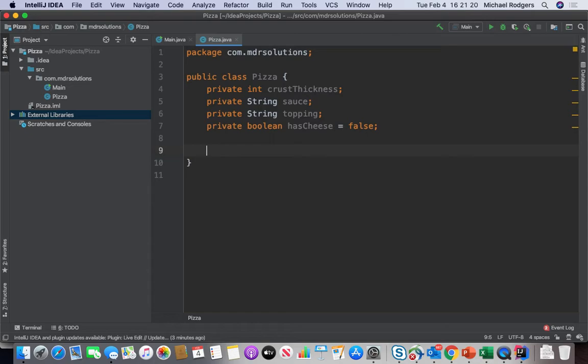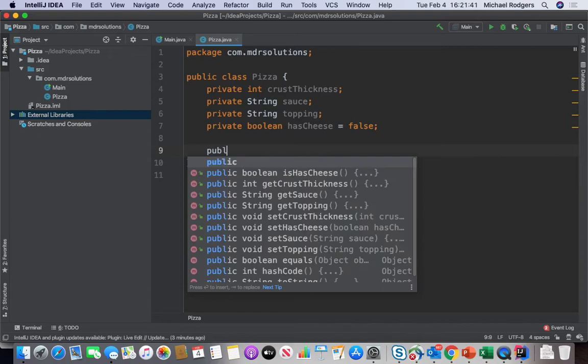That makes it kind of hard to use as a pizza class though, right? If we can't see what's on the pizza? So what would we do to initialize the pizza? How about we create a constructor, which we're going to get into later this week, but this is as good a time as any. So we're going to say public